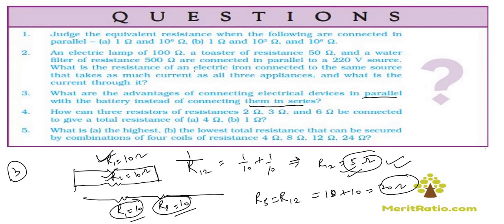This will become our first point. The second point we can write: if the electric current is passing through in this manner, if this bulb is getting fused in this situation, the flow of current will stop. But on the other hand, if any one of the bulbs in parallel combination gets fused, the remaining bulb will continue to glow, which means that there is a continuous supply of current to the remaining part of the electrical appliances.